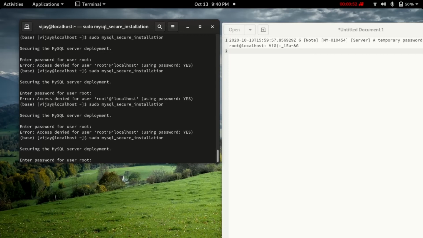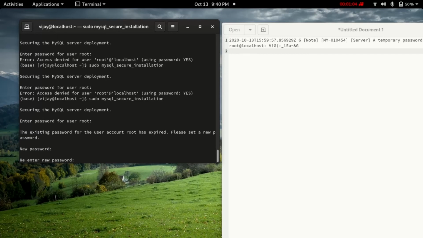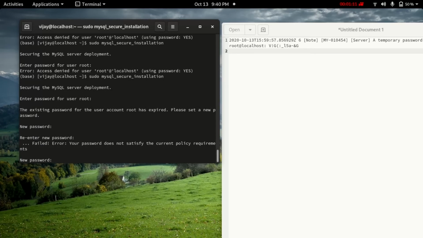So we will write that password here. Okay, and we'll press enter. So it will ask for a new password. So I'm setting my password here. Okay, so it is asking me to re-enter my password. Just re-entering it. So not satisfying. The password is not satisfying here.